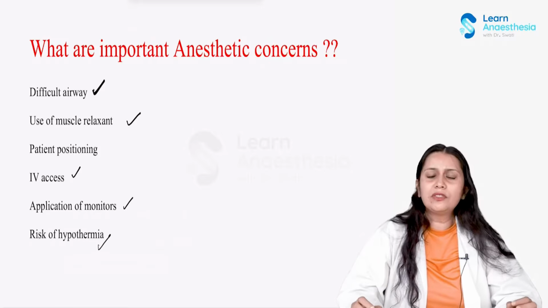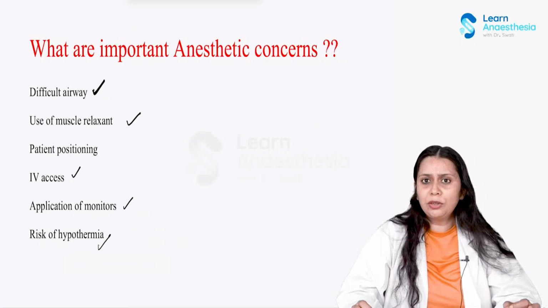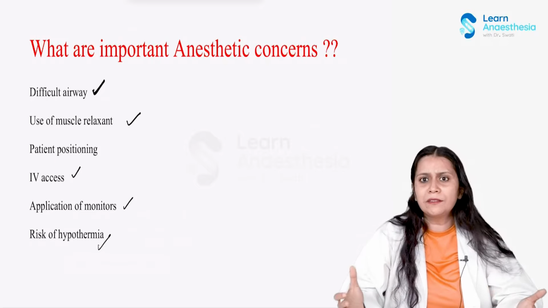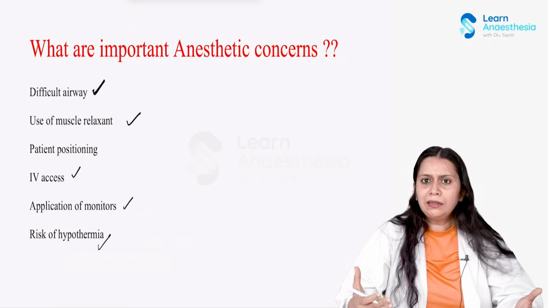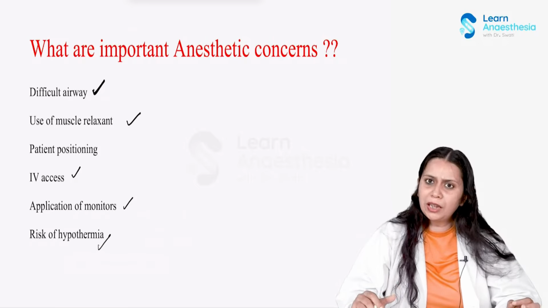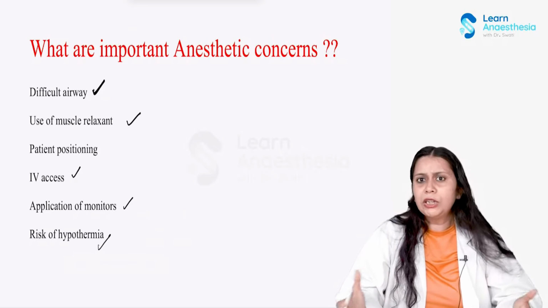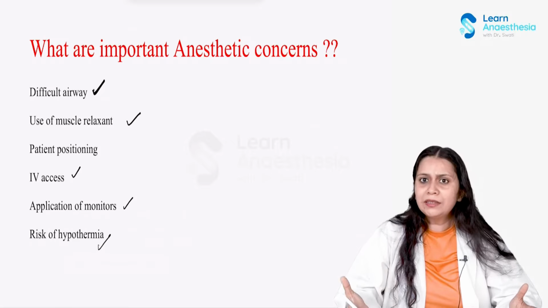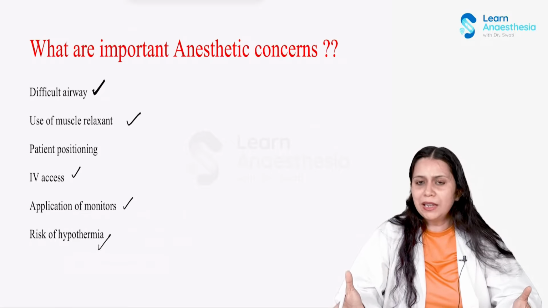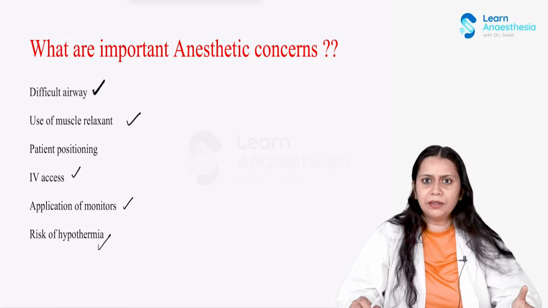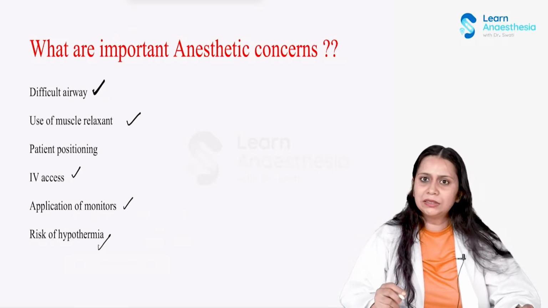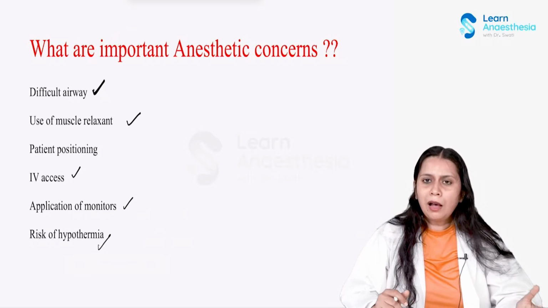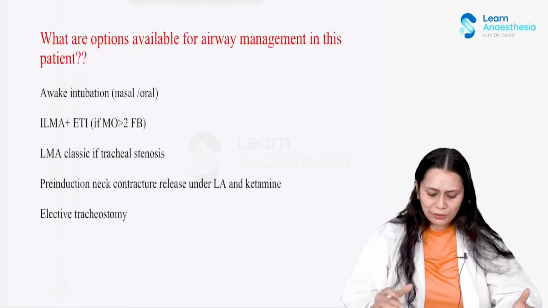And there is always a risk of hypothermia in acute burn injury, because of the large surface area exposed and the heat loss by evaporation being very high. If post-acute burn injury, we give the patient anesthesia, because of the disturbance of the thermoregulatory system and increased skin exposure, the risk of hypothermia is very high. Also, in a burn patient, there's a reset of the thermoregulatory center. So these are the important anesthetic concerns for us in a post-burn or burn patient, right?